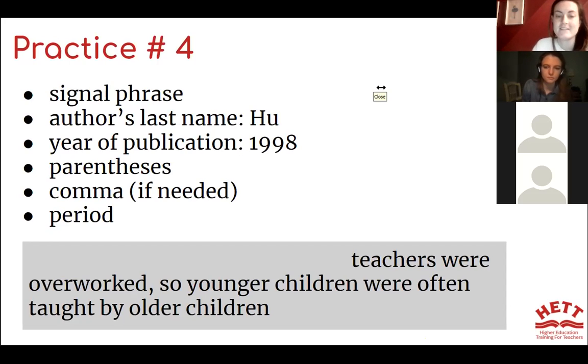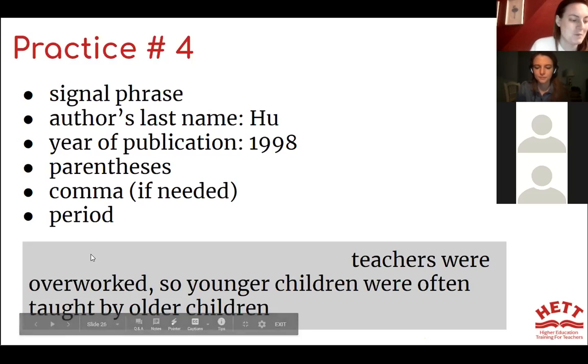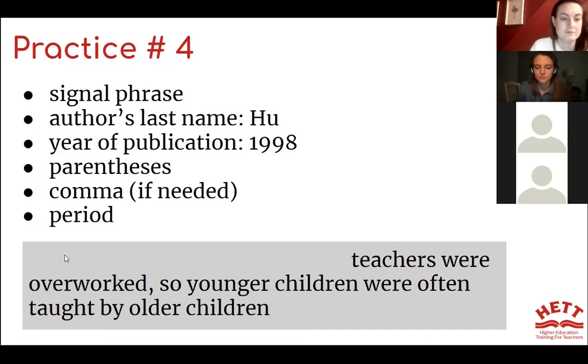"Proposed that," "it is argued that," or "Hugh argued that." Okay, good, excellent.